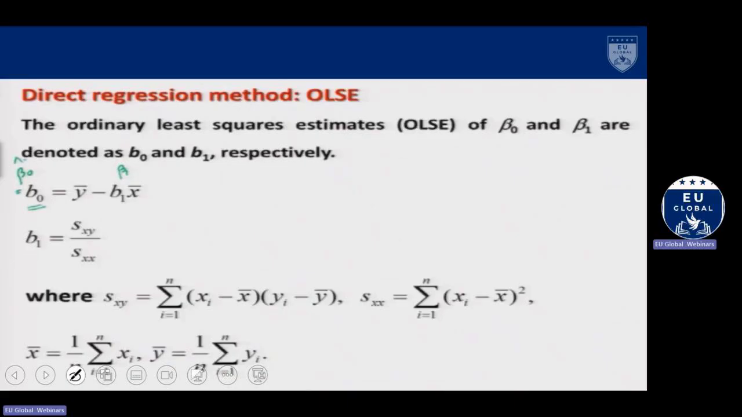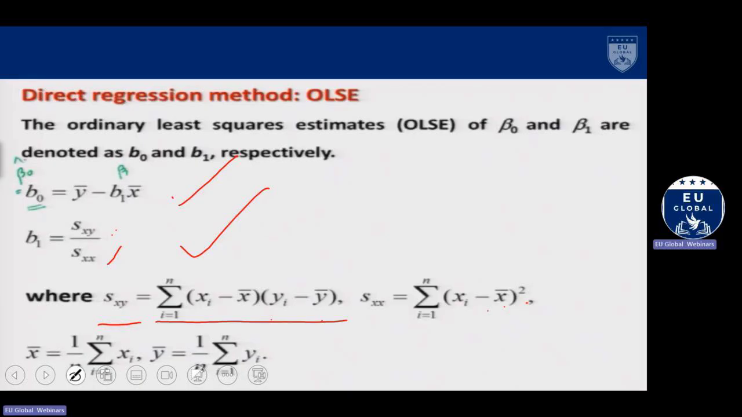So next we have the direct regression method. So the same values are coming. The ordinary least square estimates of beta naught and beta 1 are denoted by b0 and b1. So b0 is equal to y bar minus b1 x bar, and b1 is equal to Sxy upon Sxx, where Sxy is equal to summation of xi minus x bar, yi minus y bar, and Sxx is summation of xi minus x bar whole square, where x bar is equal to 1 by n summation of xi, and y bar is equal to 1 by n